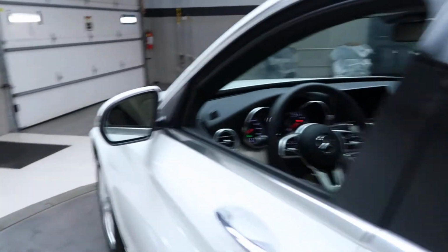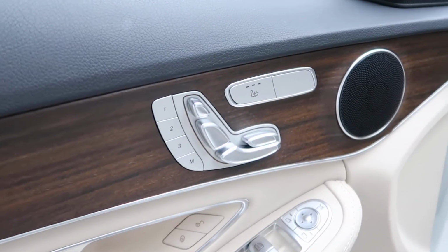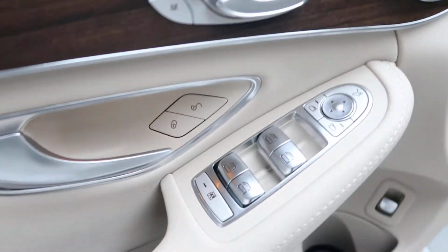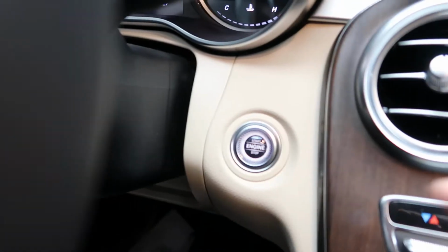Coming around the side here, this one does come with blind spot assist, a natural grain wood trim, memory seats, heated seats, power windows, heated steering wheel, steering wheel controls with Bluetooth capabilities, paddle shifters for extra performance, push start ignition,